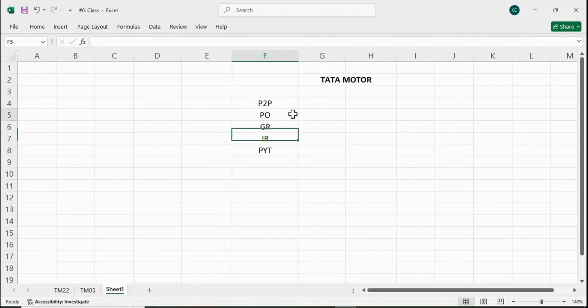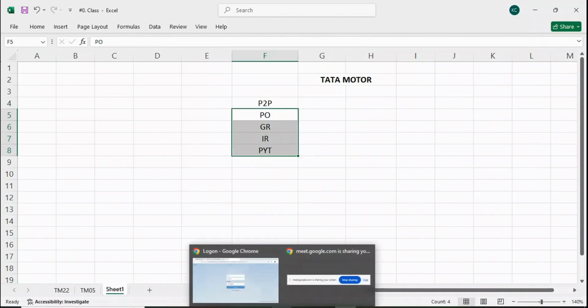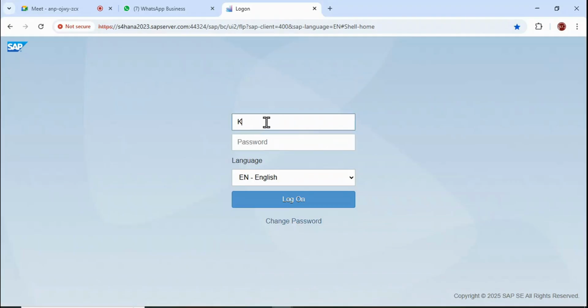These are the different activities which belong to P2P. So only those kind of activities will appear. See here, if I log in here,